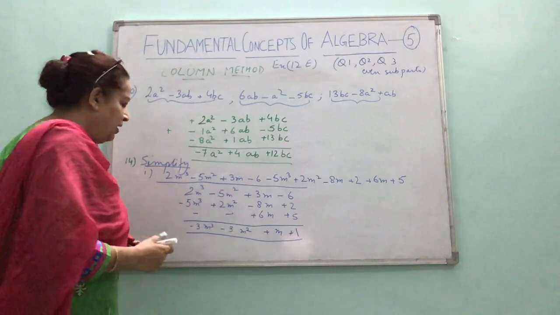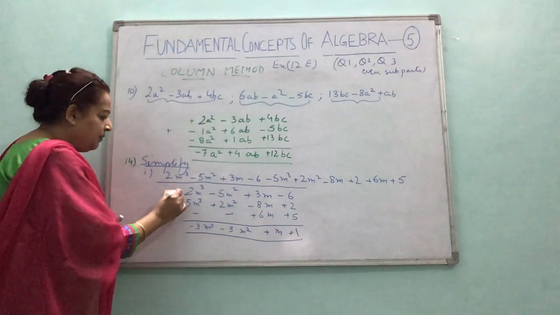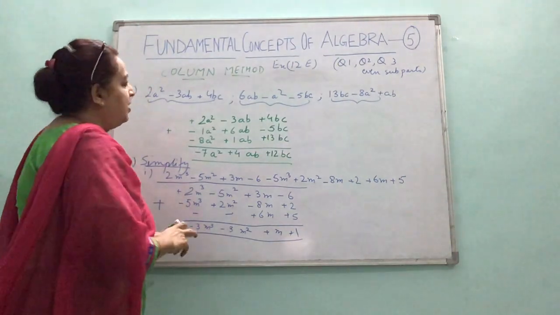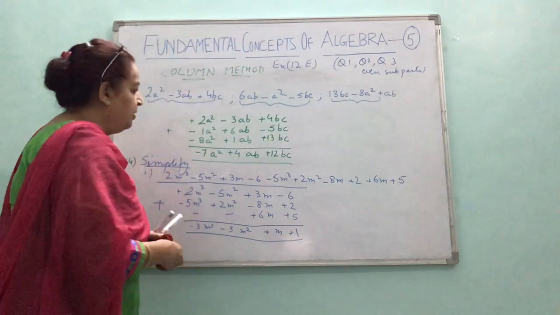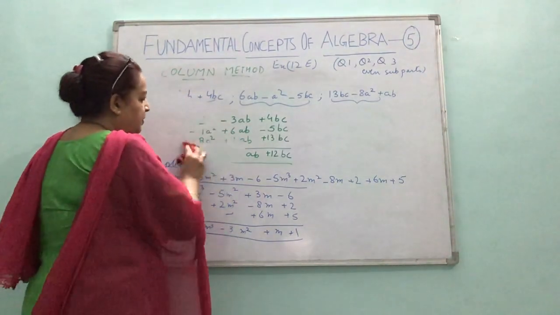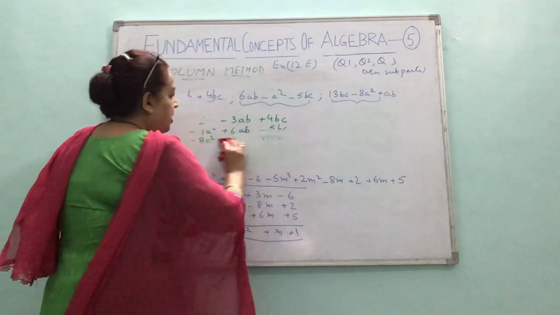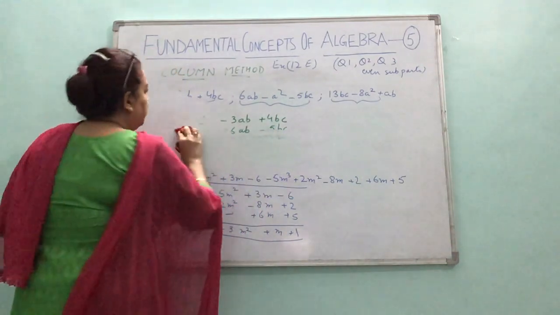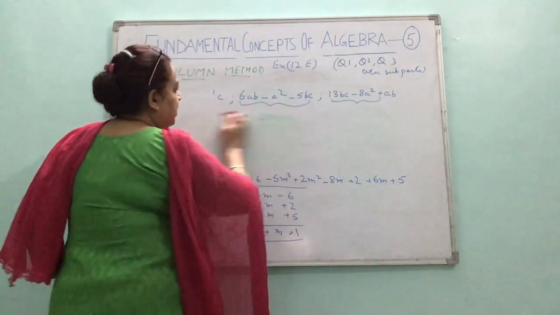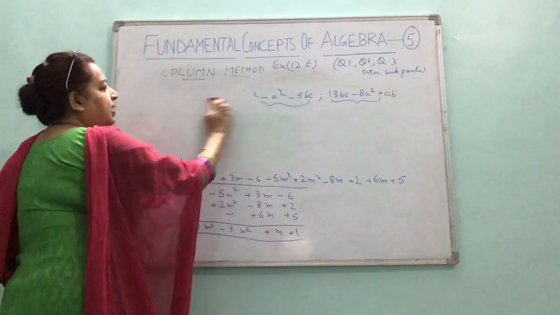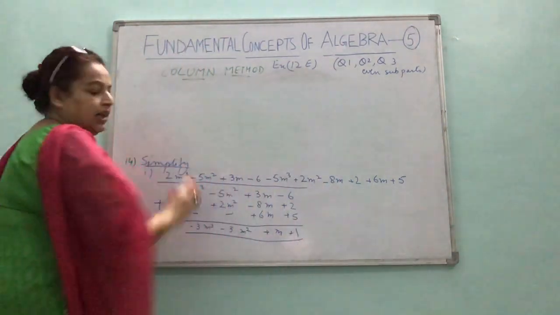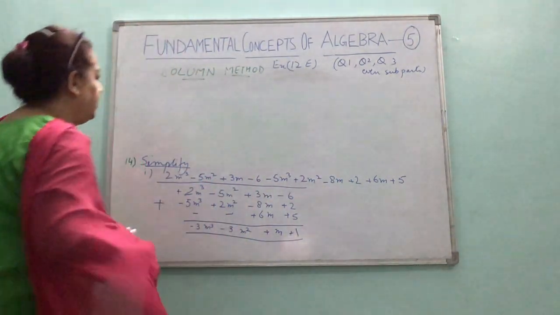As I said, children, you will preferably do the column method. It is easier. But the single line method is also possible. I'll just teach you for the same question how to proceed by the single line method. Then it is up to you which method you wish to proceed with. I'll be taking up further addition, subtraction questions by column method only. But just to give you an idea about the single line method, I'll take up one example.